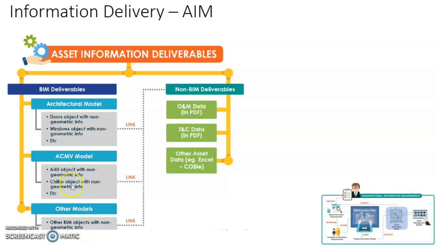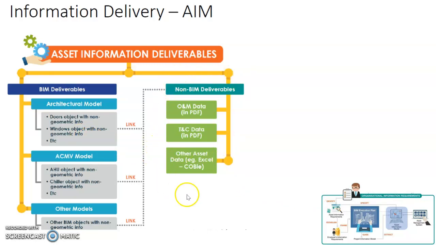Now all these models that we pack in do not only include the geometrical information. They will also include non-geometrical information, for example, the fire rating of a door, or the requirement for the next change of a particular service. So it includes geometrical as well as non-geometrical information, and by the time it gets handed over to the end